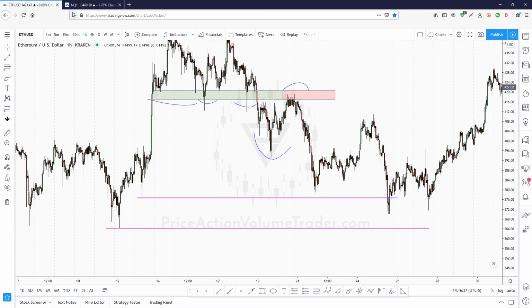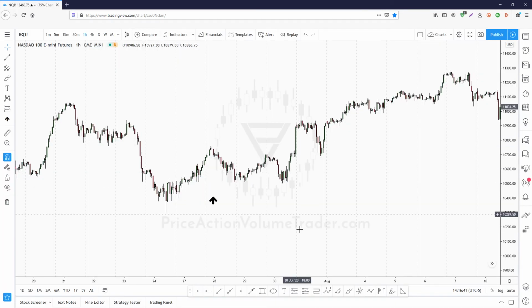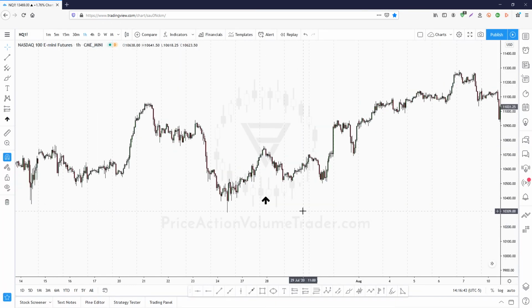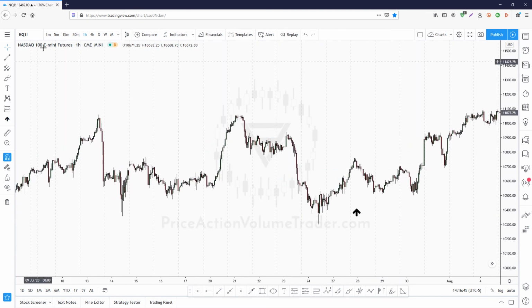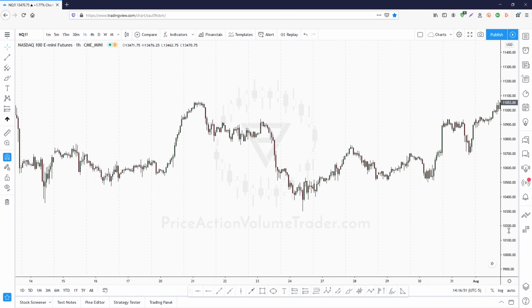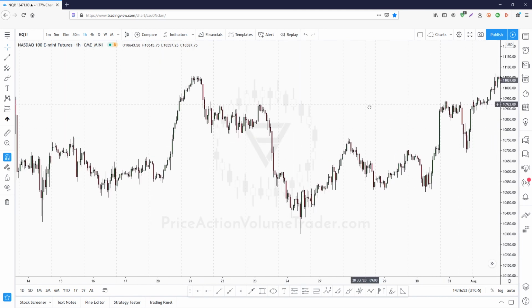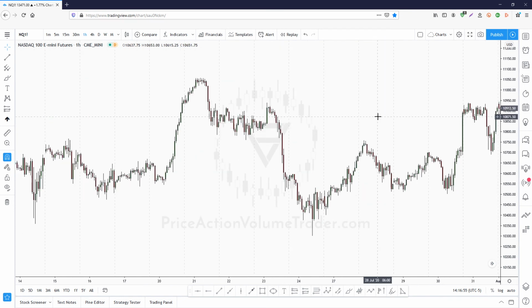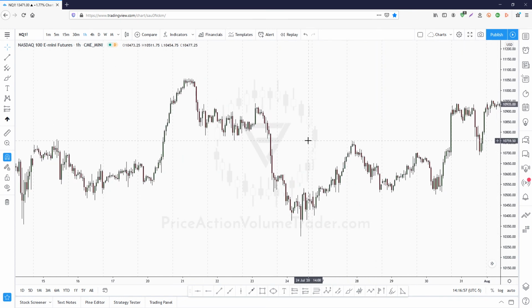Okay, and now the last example that I have would be right here on NASDAQ, the futures for NASDAQ, NQ. And this is on the 1 hour. And again, we have just one of our classic examples. This is very common in futures. A lot of this works very, very exactly. And in this case, we have right here